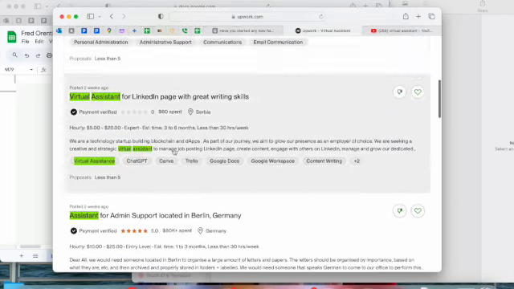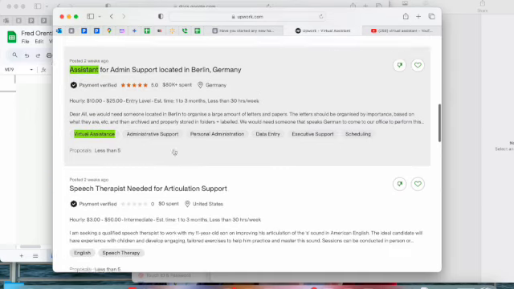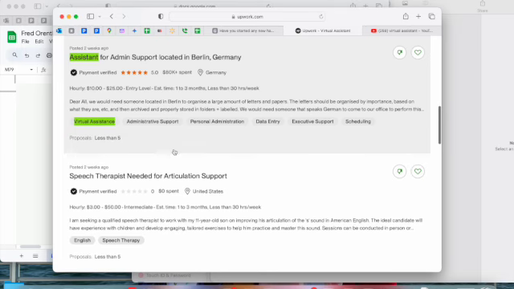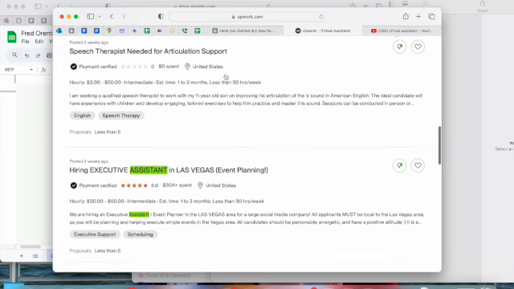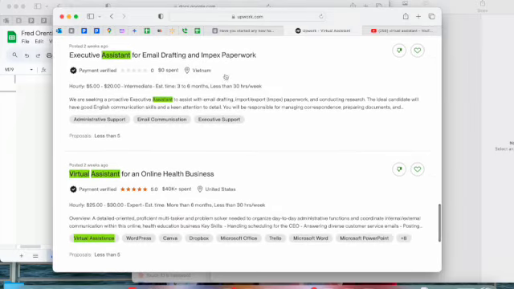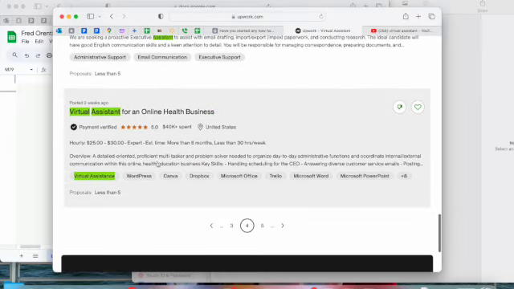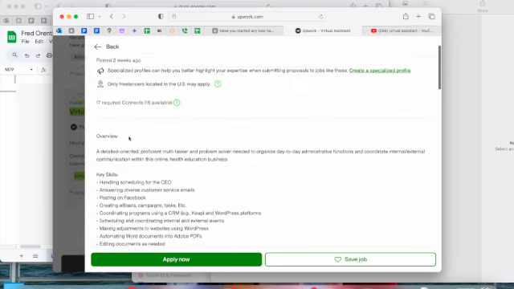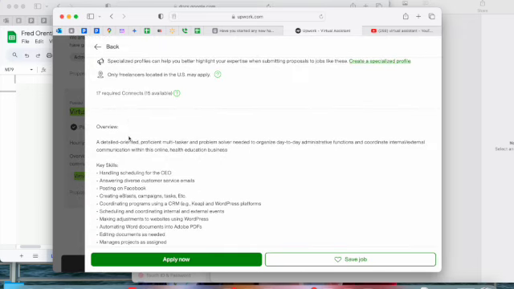So I'm going through, look, this one says Germany. Just going through to see which one would be the best job for me. Okay, I have a lot of experience in healthcare, so this is a good one. I worked at United Healthcare and a few other healthcare places prior to becoming a virtual assistant and my own boss. So what you want to do is read through it, make sure that you have the skills that are